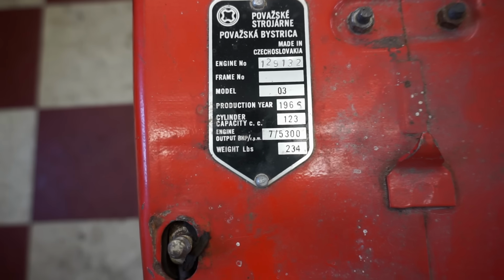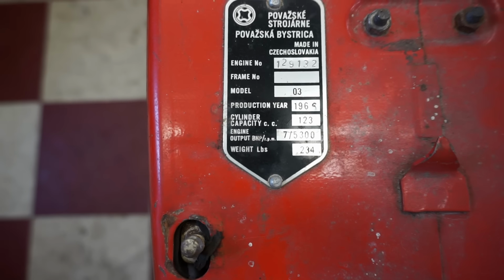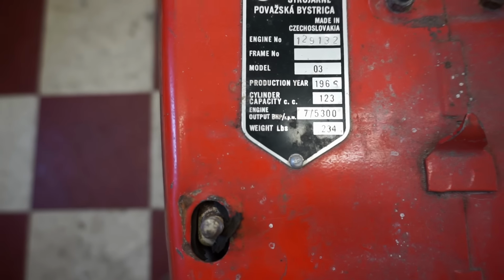Engine number 129132, Model 3, production year 196